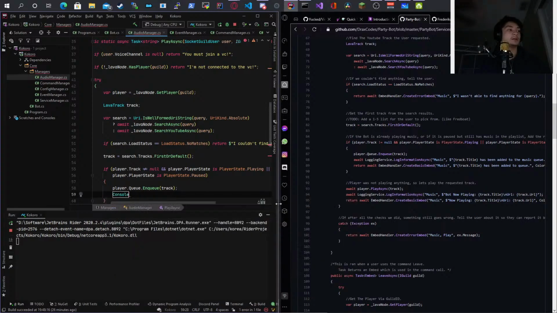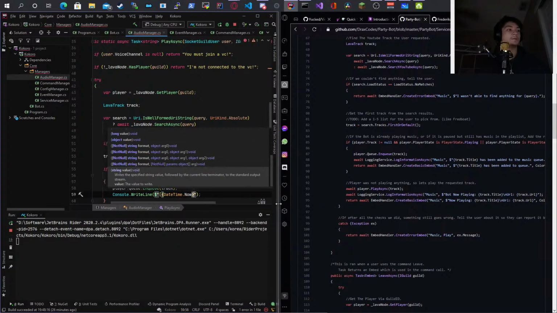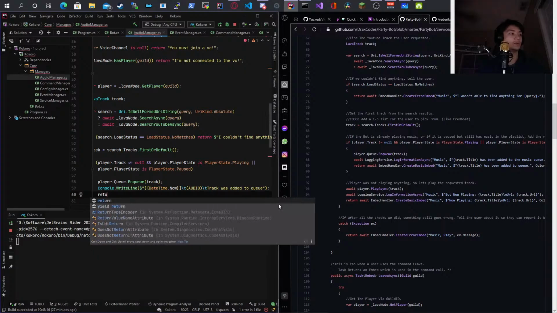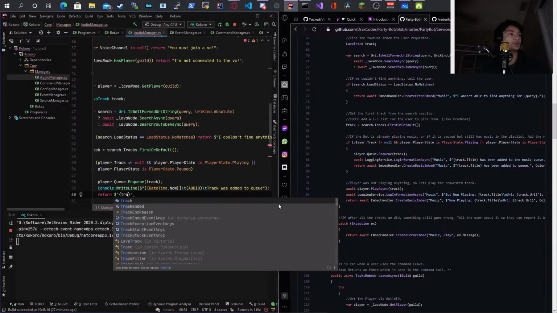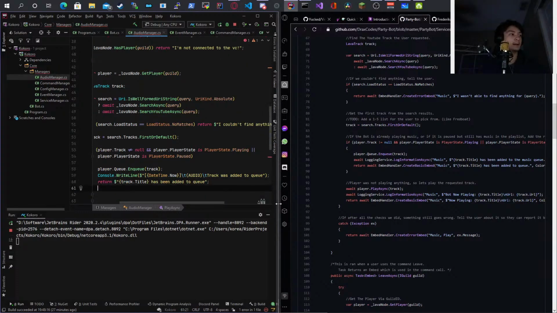It's for Console.WriteLine, and then this is going to be DateTime.Now, and then tab. Then we're going to do source. This is going to be Audio, and then what we're going to do is "track was added to queue", and then we're also going to do a return. Then we do track.Title has been added to queue. Okay, so we did that.